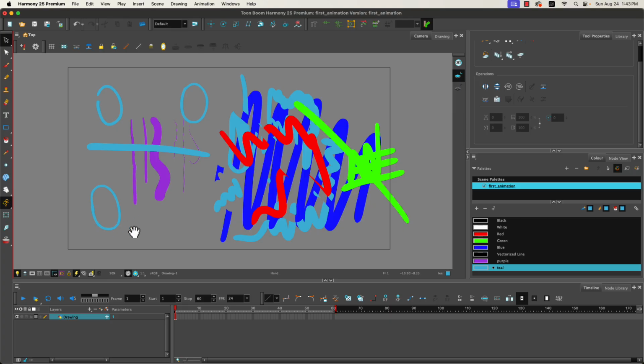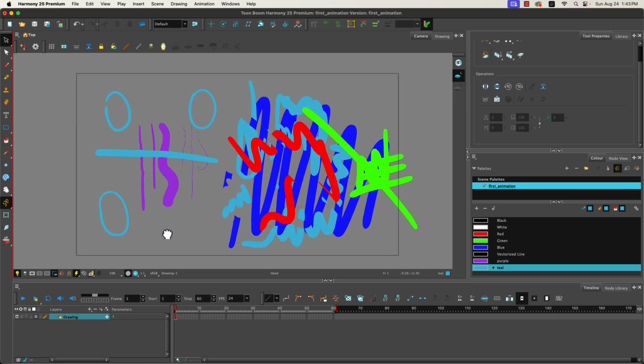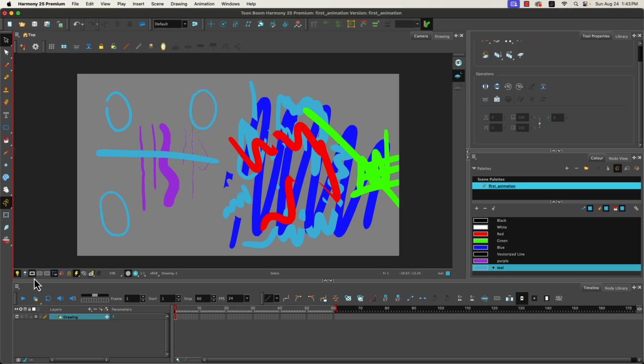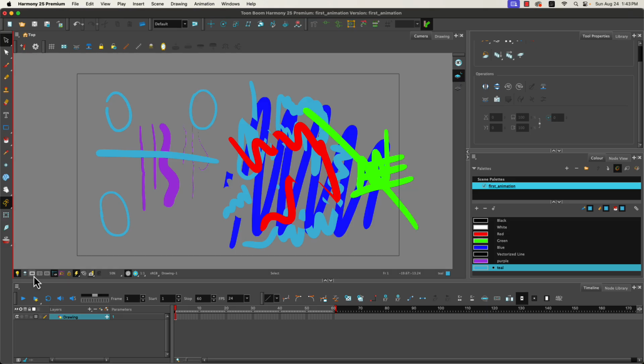Spacebar gives you the hand while you're in your camera view. So we can see I zoomed out using my mouse wheel. This rectangle represents my main movie. If I don't want to see what's outside the edges of it, I can click on this framing option and it will crop it to what is the outside of my movie. Now it's showing me gray here, but technically if I render my movie out, it is transparent. There's no color here, and my movie will come out with a black background or a transparent background, depending on